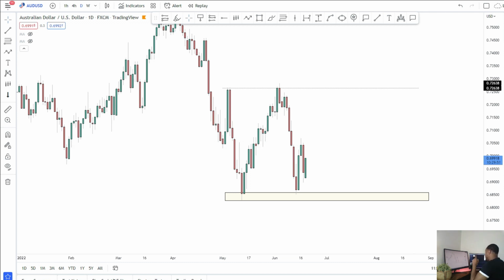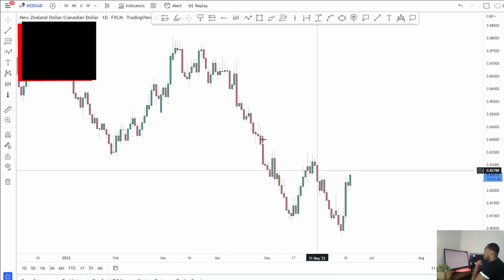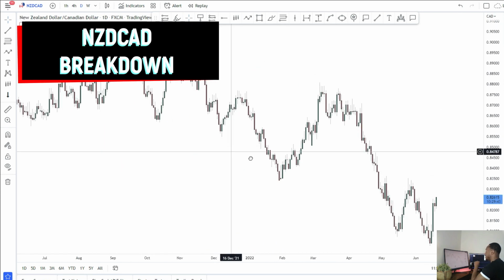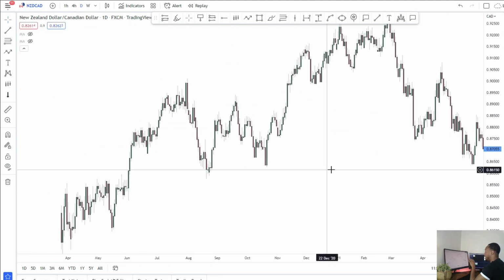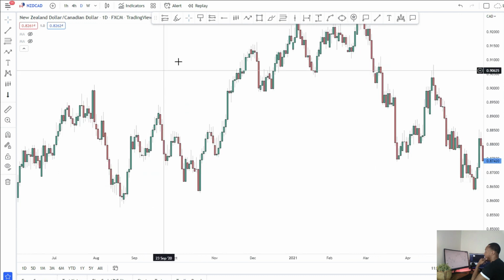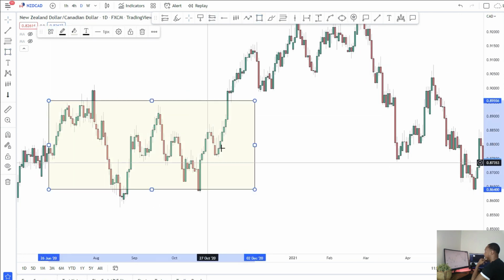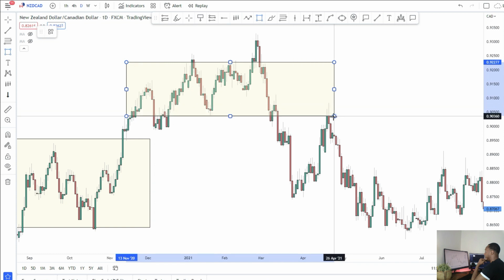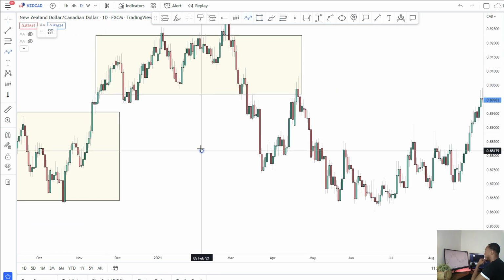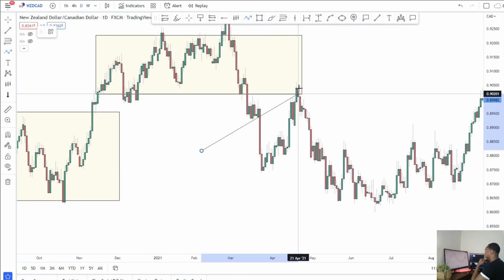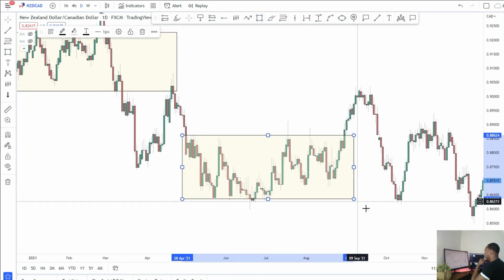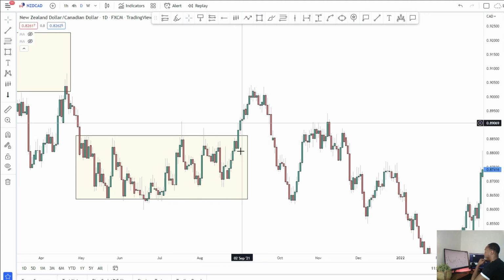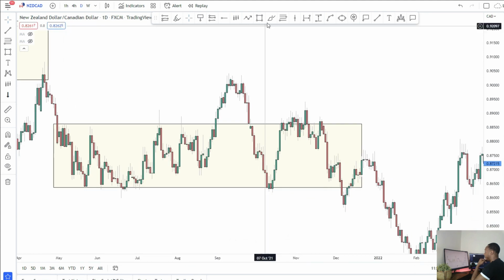And lastly, NZDCAD, which is a pair that I'm personally looking at for some sell opportunities, because again, some really nice market cycles happening for this one. But as you can see, not the cleanest pair in the world, does consolidate a little bit more than other pairs. As you can see, a lot of consolidation here, nice trending move, more consolidation up there, broke to the downside, nice trending move here, retracement to retest, another trending move, then again some more consolidation, and we broke to the upside, bit of a fake out of the consolidation, because you can see we crept back in, retested the